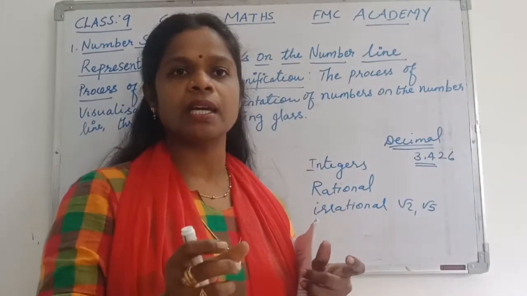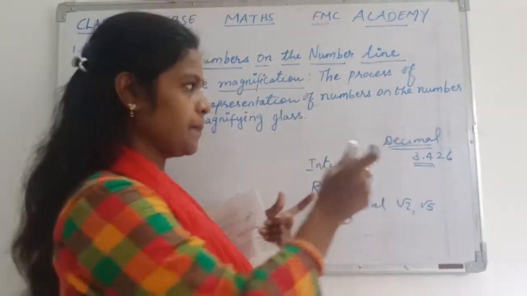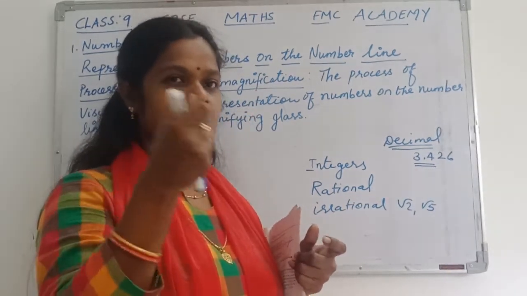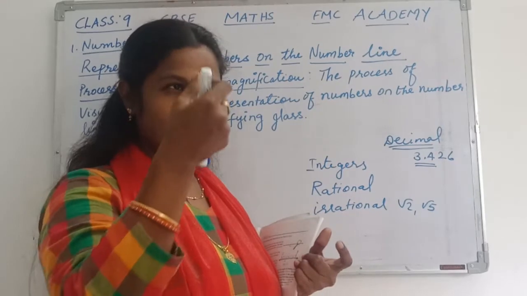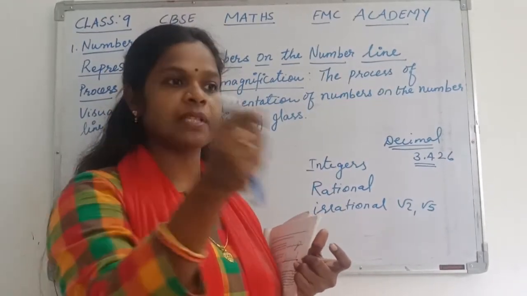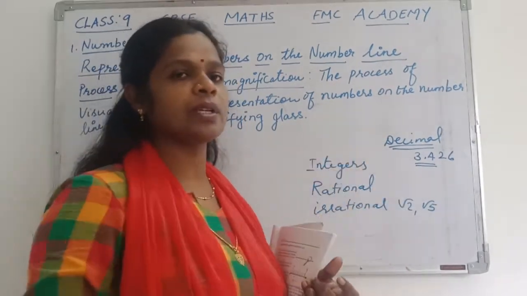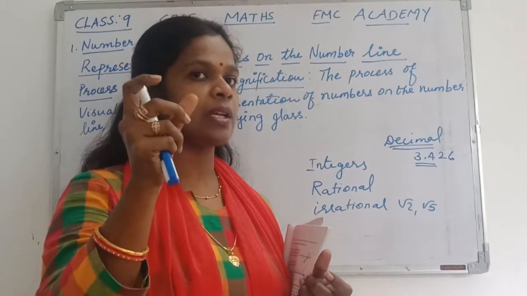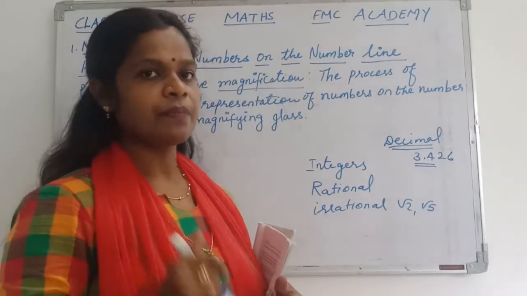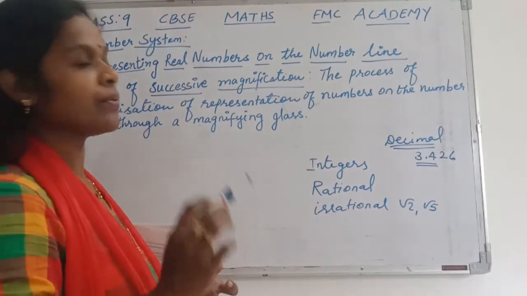Just imagine that you have a glass in your hand and you are going to magnify that number. We know that this number is going to be between 3 and 4. So you are going to magnify the numbers between them, and you will be able to identify what the numbers are. Magnify means in the mind, not with the glass, right? If you see with the glass, definitely only the number which is drawn there will be visible. But mentally you have to imagine, magnify your level, what the numbers can be and where the number will be. Okay, so let us do it now one by one. It's very simple. Before that, let's see the definition.